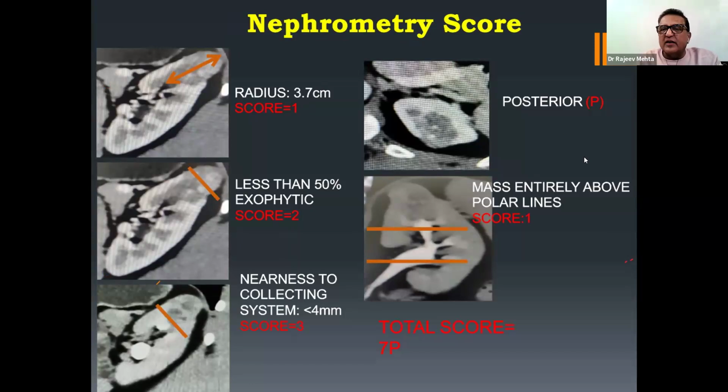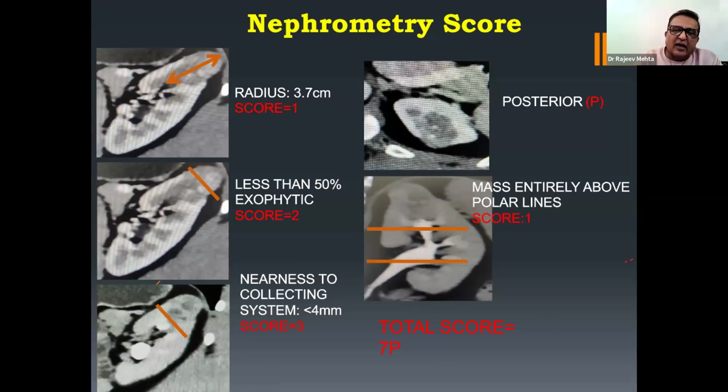It is located posteriorly, so you can say the suffix is P. And of course, the mass is entirely above the polar lines, as you can see the upper and lower polar lines, so the scoring is only 1. So the total score becomes 7, actually medium complexity for surgical resection. It becomes medium complexity in spite of being such a small mass because of its nearness to the pelvicalyceal system. In this particular case, what happened when the surgeon took up the patient for partial nephrectomy,